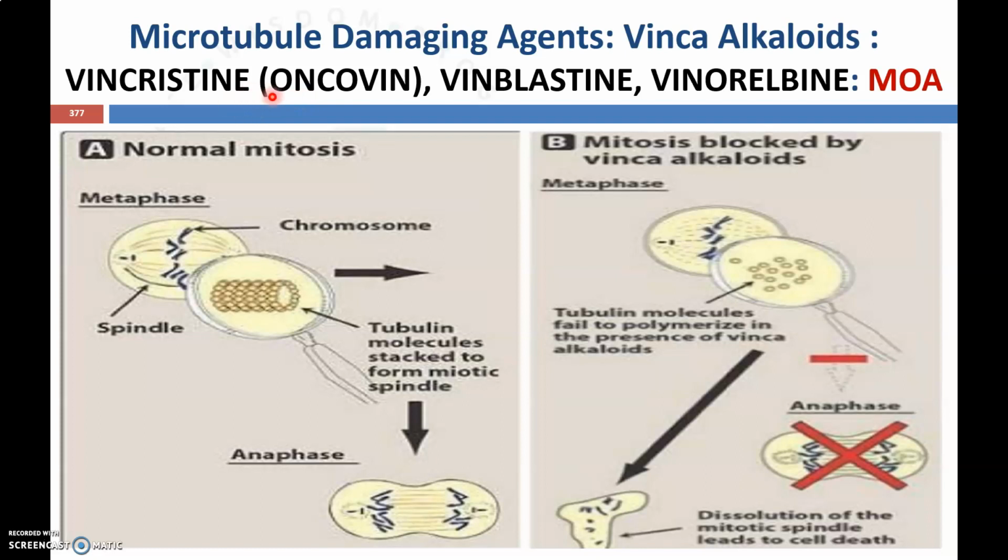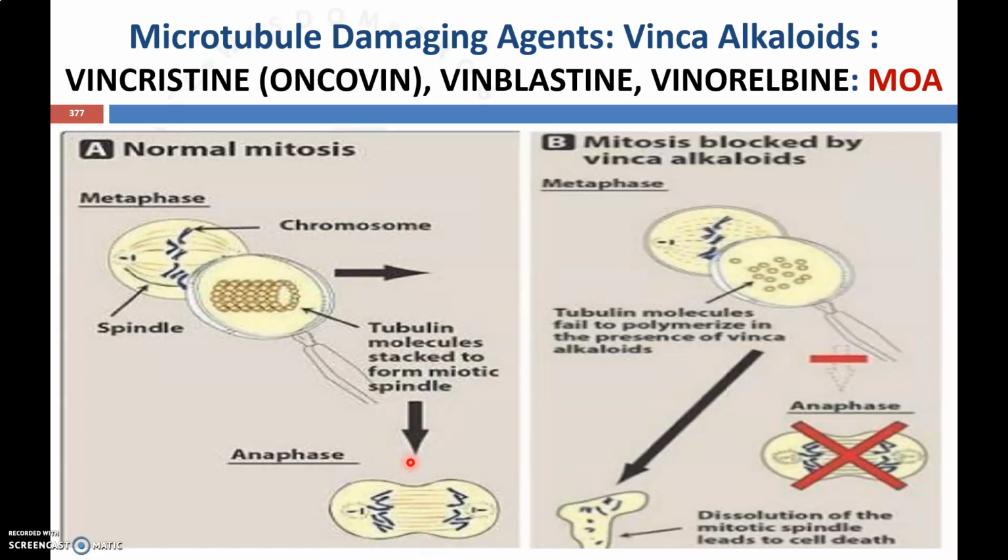Examples of vinca alkaloids are vincristine, vinblastine and vinorelbine. The mechanism of action of these drugs is that they bind with the tubulin proteins, which are the essential part for making the microtubules, which are necessary for separating the duplicated chromosomes during mitosis. So this drug will bind with the tubulin protein, and thereby it will prevent the polymerization of tubulin protein to form spindle fiber. It will dissolve the mitotic spindle fiber, leading to cell death